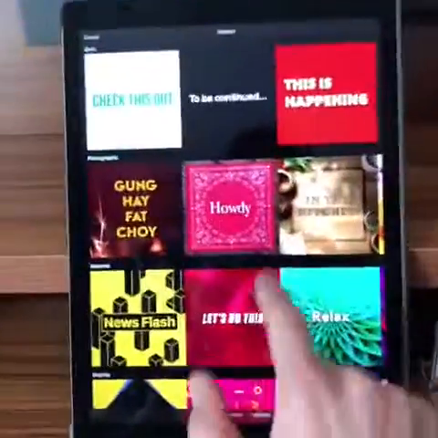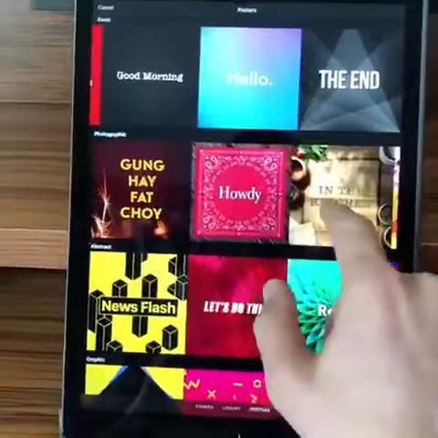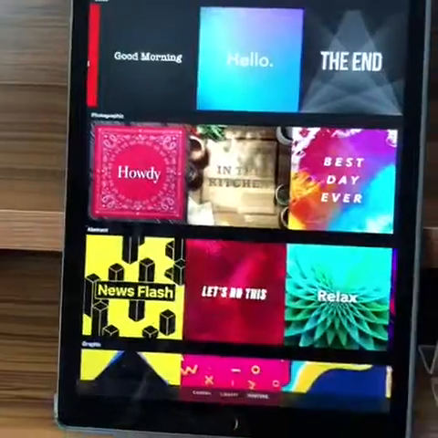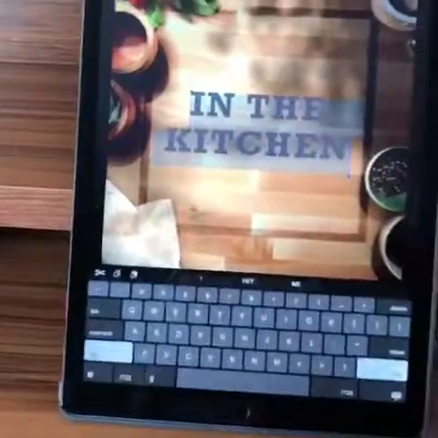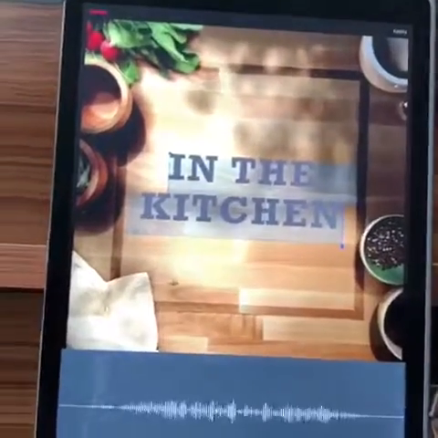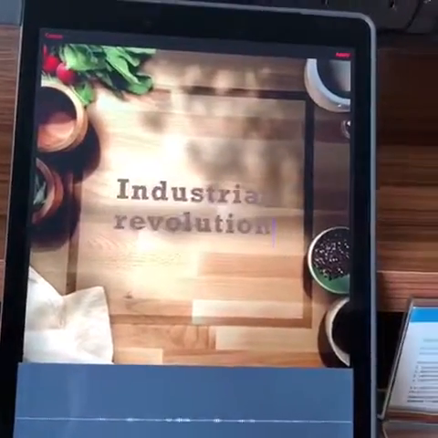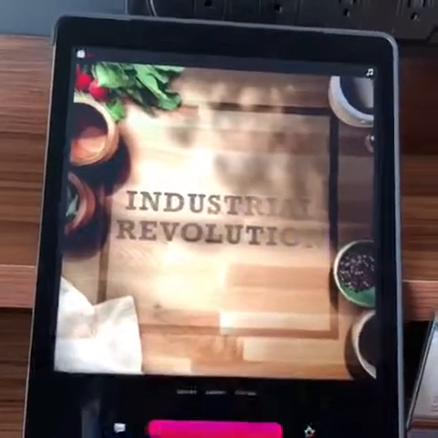So I'm going to just jump over to posters and show you what this looks like. You can use any of these posters that are built in, and when I grab a poster and drop it in, you'll notice that you can change any of the text that's on the screen here. So I'm just going to do this. Industrial Revolution. So we'll get whatever text I want,